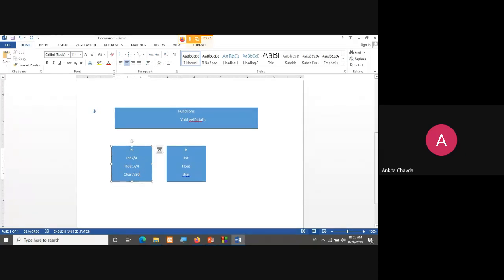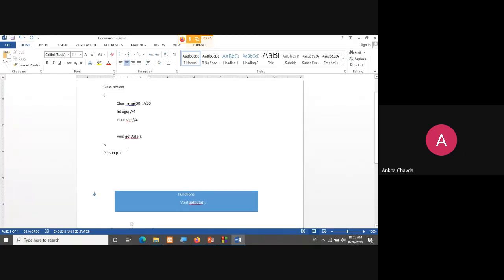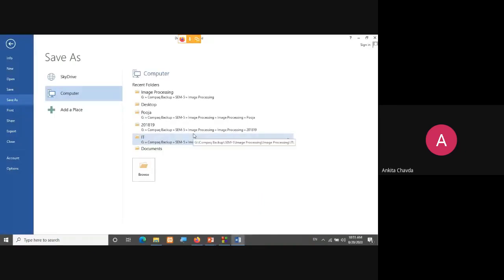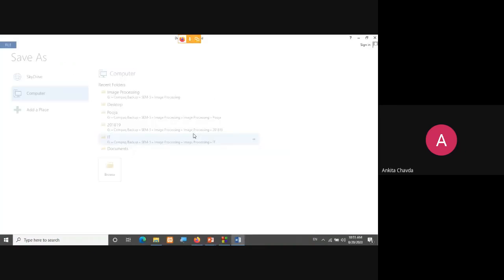Same way, if I'll create another object, that is P2, and here instead of the salary, let me take the marks so I can relate it directly with the student. So say suppose you are one person, P1, and I can take any of the name over here. Say suppose this Suryabali.